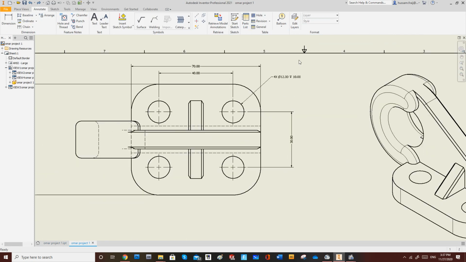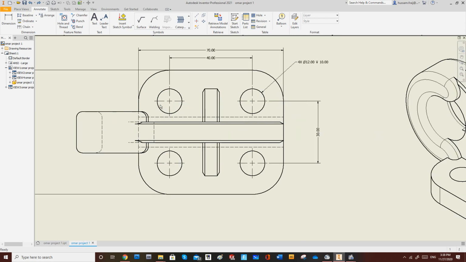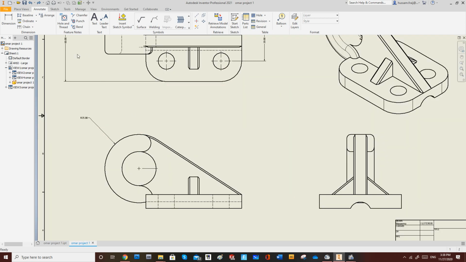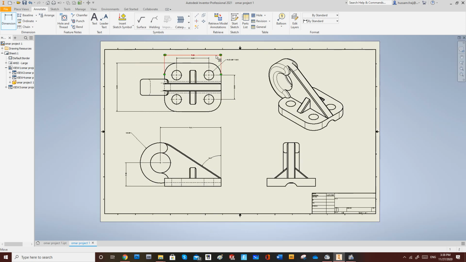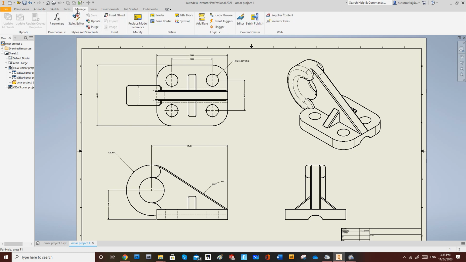So depth 10. Now apply all the necessary dimensions as per your drawing. If your drawing mentioned that the angle is important, so you have to show the angle. If the distance from here to here is more important, and from here to here is more important, so highlight the distance. In case the dimensions are not clear, you have to go to Manage, Style Editor,